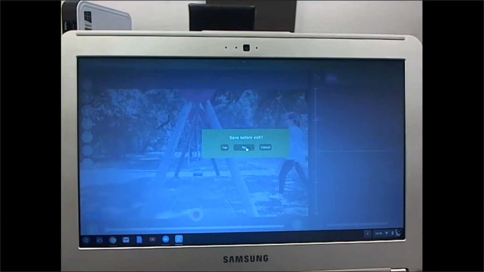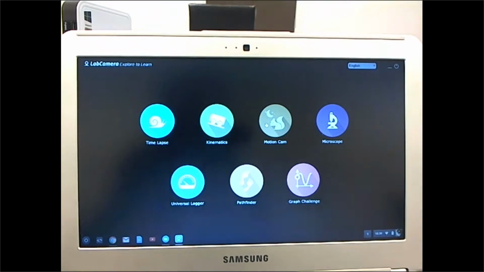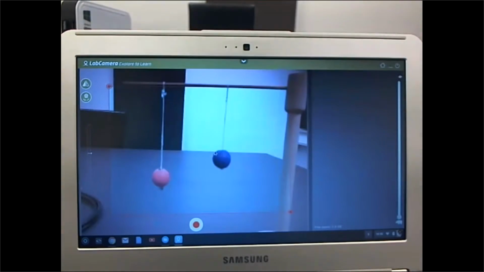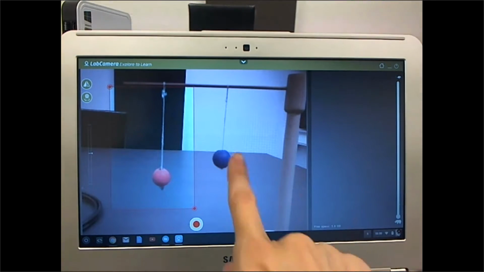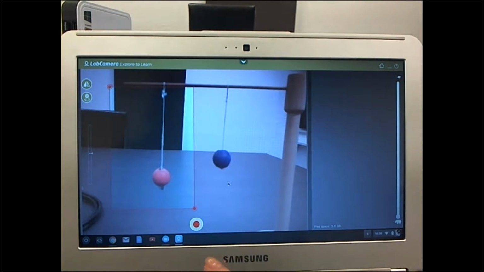Let's move on to the next one, which is motion cam. I won't do any experiments here. I just show you how it works. So as you can see, you can select a sensitive area. So for example, now the camera image is still the two balls. So I selected the red one. It means that if